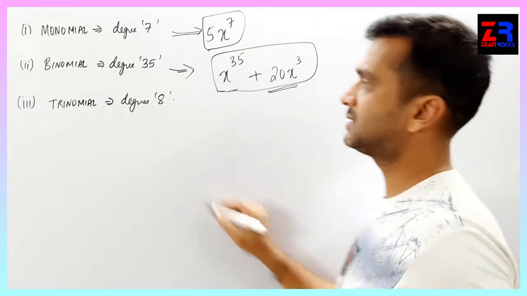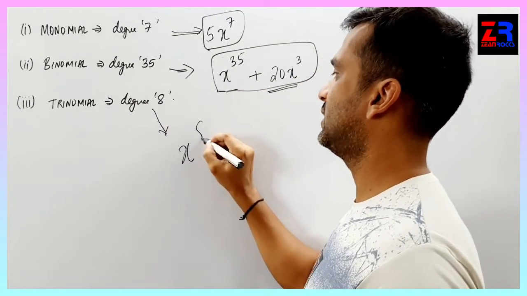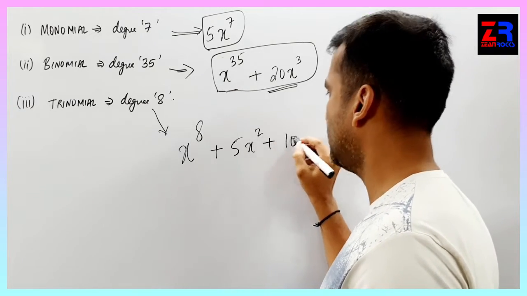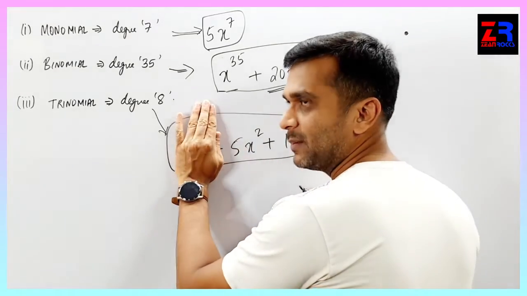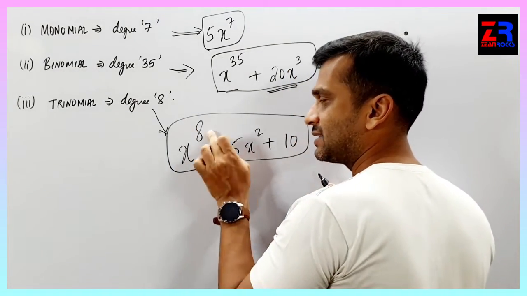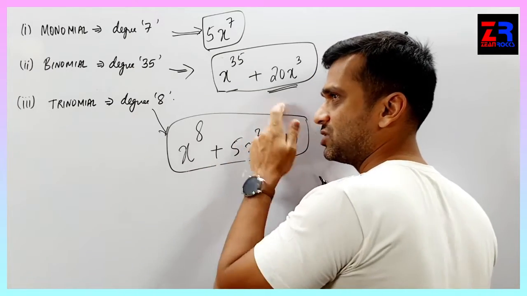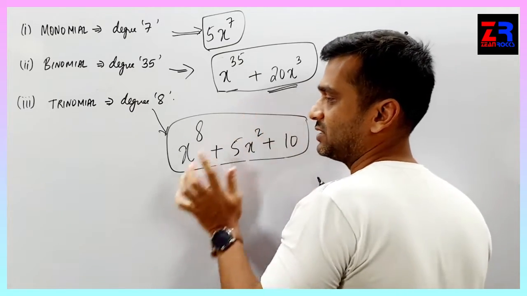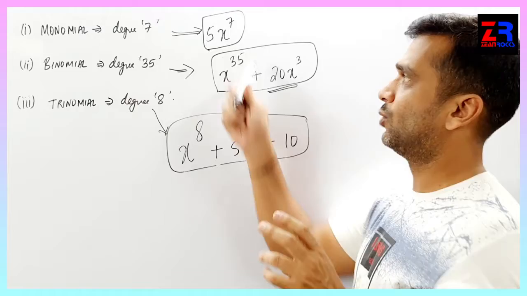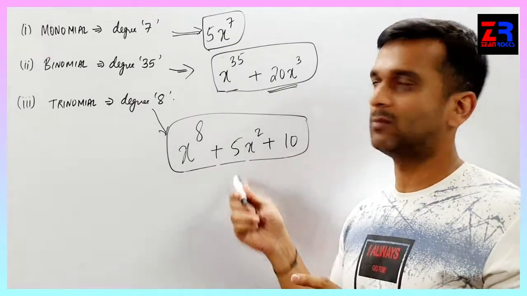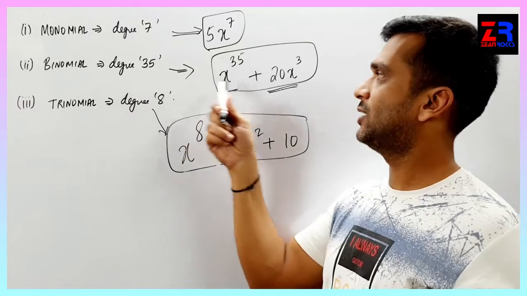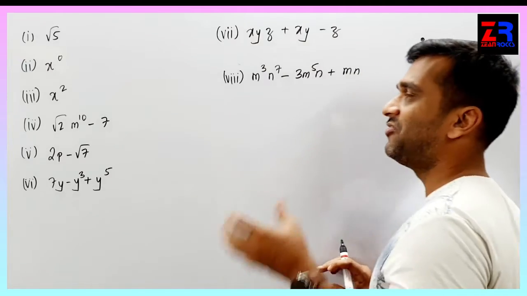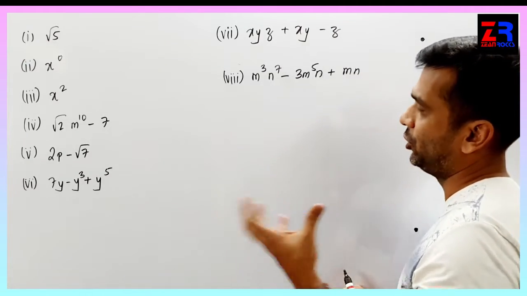नेक्स्ट इज ट्राइनोमियल विद डिग्री 8। सो x raised to 8 प्लस 5x स्क्वायर प्लस 10, कुछ भी ले लो। x raised to 8 होना चाहिए बस, बाकी आगे कुछ भी ले लो। x raised to 7, x raised to 6 भी चलेगा, बट दो ही टर्म होने चाहिए। 5x स्क्वायर, 10x भी चलेगा, कुछ भी चलेगा। x raised to 8 होना चाहिए। इट इज कॉल्ड एज अ मोनोमियल, दिस इज बाइनोमियल, दिस इज ट्राइनोमियल। मोनोमियल डिग्री 7, बाइनोमियल डिग्री 35, ट्राइनोमियल डिग्री 8। ओके, इजी है।